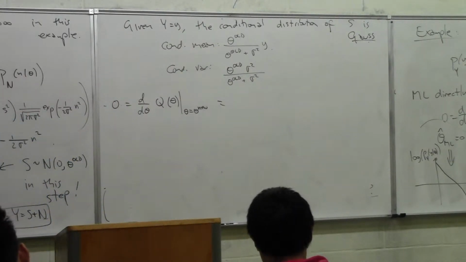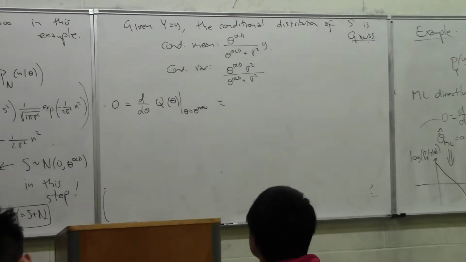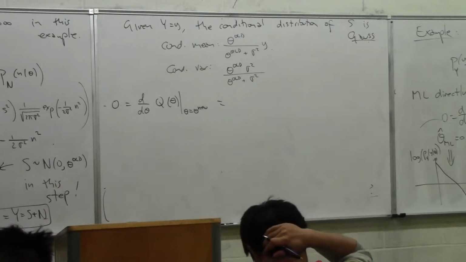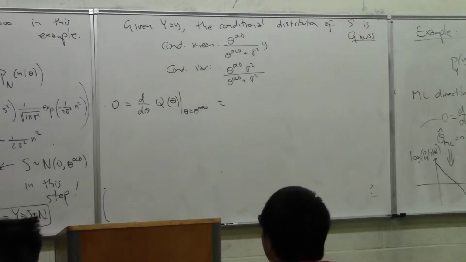In the EM algorithm, we take a conditional expectation given y equals y, and we assume the model is the last theta parameter. So it's a conditional probability, but our model is theta old. We're taking the expectation with respect to that. But rather than take this expectation and then try to take a bunch of conditional expectations, it makes more sense to first take the gradient so we can kill off any term that doesn't involve theta.